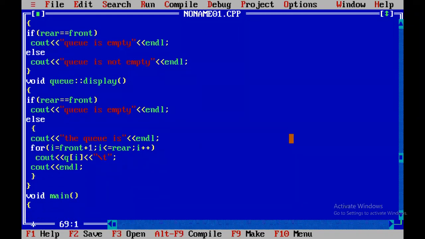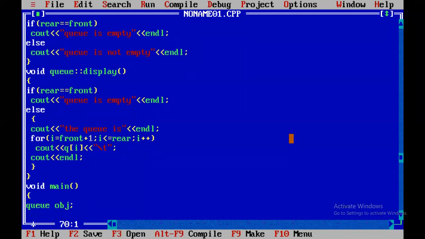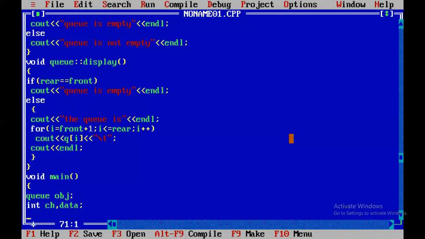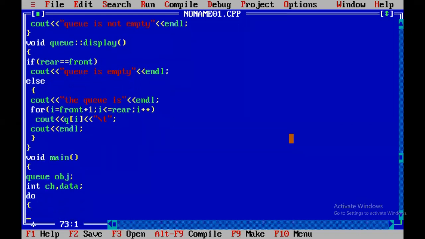How to declare the objects? Queue, suppose obj is the object. Q is an object we are using. So int ch comma data. CLR SCR. First I will clear the screen.